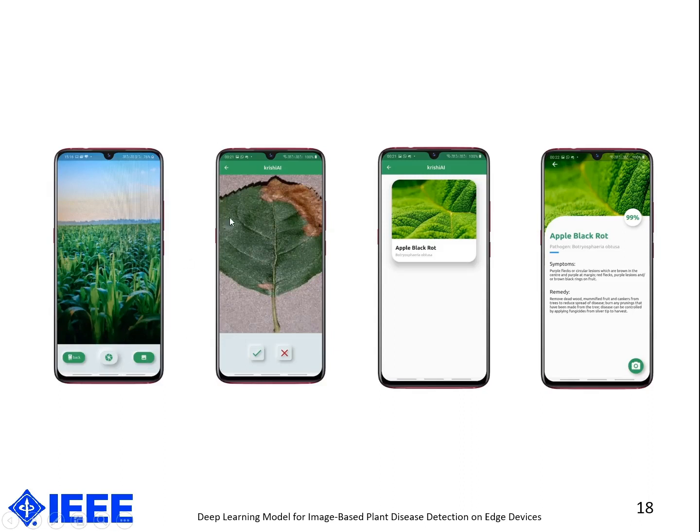Once he chooses the image, a preview screen is shown where he can preview his image to check if it is correct or wrong. If it is wrong, he can click on the cancel button and go back to the home screen. If he clicks on right, the image is then sent to the model for analysis, and then the model recognizes the plant disease, depending on which we will query the database and show the result in this way, where we will actually show the top three results that we find depending upon the confidence score.